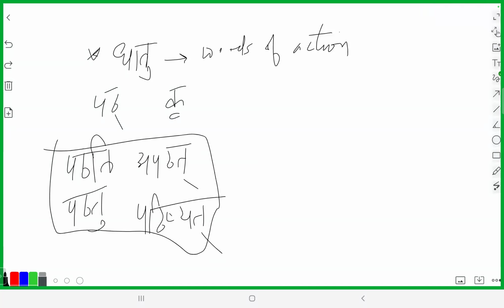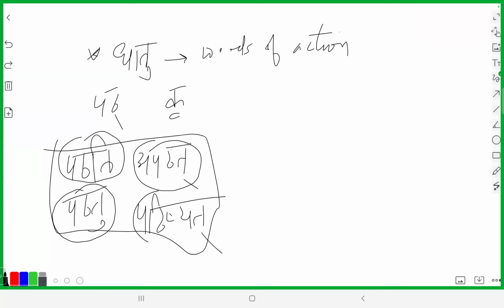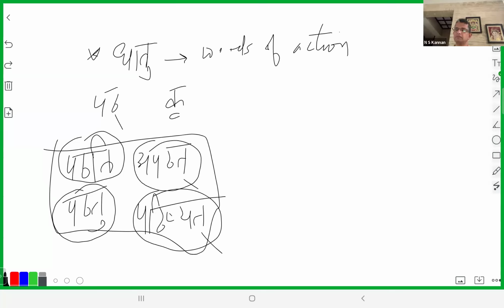Now at this point, I seem to know that this action was done in the present, this action is giving an order, this action was done in the past, this action is done in the future. The dhatu itself doesn't tell you anything. It gives you an idea that okay, the action of reading is there. That's it. Nothing more than that. So that is the concept of a dhatu.